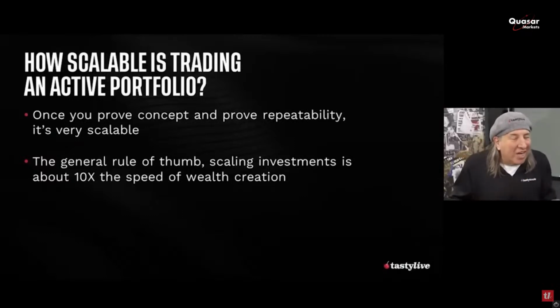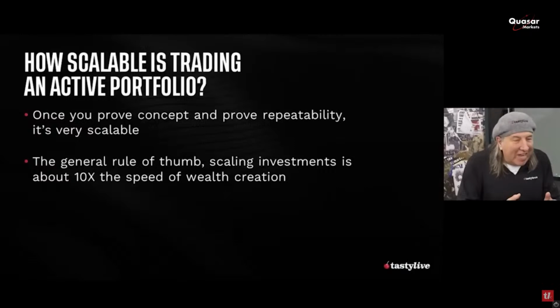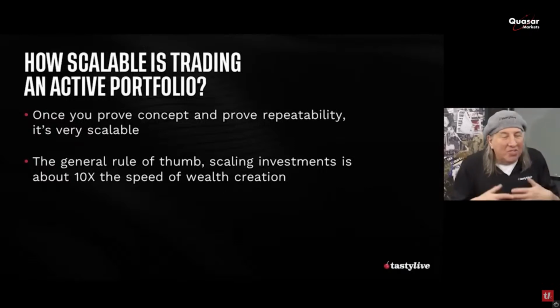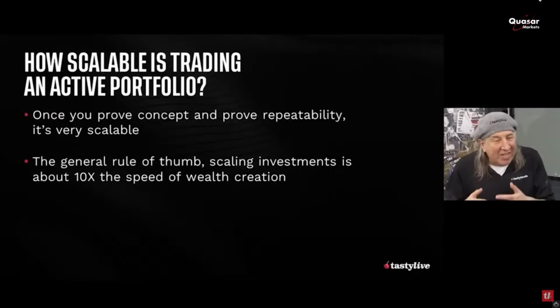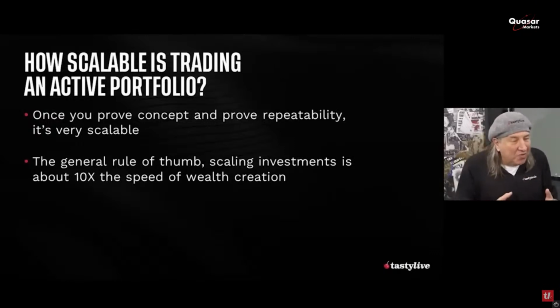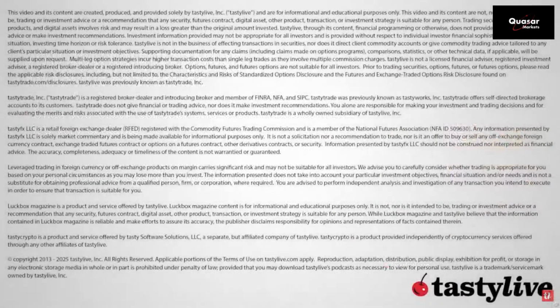There's a lot of studies on this, not just done by us, but there are some University of Chicago studies on economic foundation, economic bias, and basically how scaling investments improves the speed of wealth creation, which is all what this is about. But again, first you have to prove concept. First you have to prove repeatability. Then it becomes scalable, and then you take